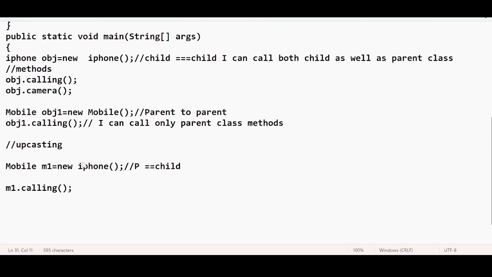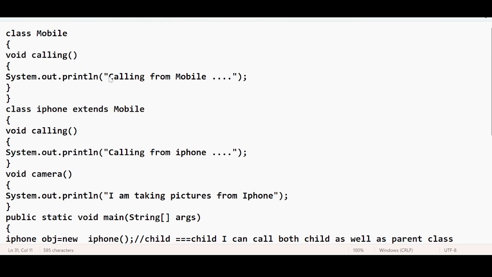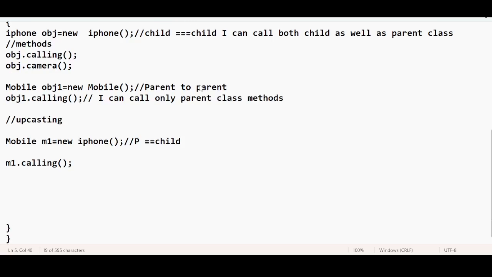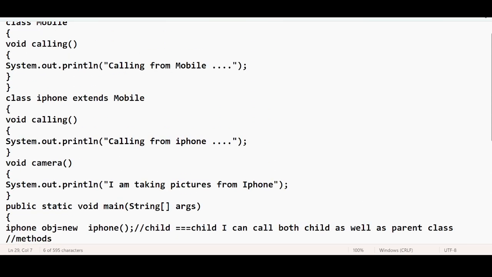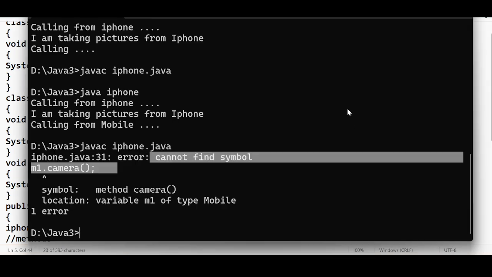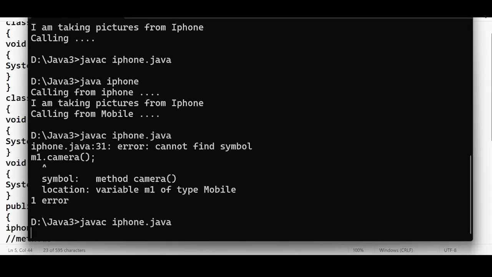I would be expecting an output like calling from mobile, because m1 is of mobile type, and inside the mobile class I have a calling method which displays calling from mobile in the console. I am expecting this, but let us see what is actually happening behind the scenes.